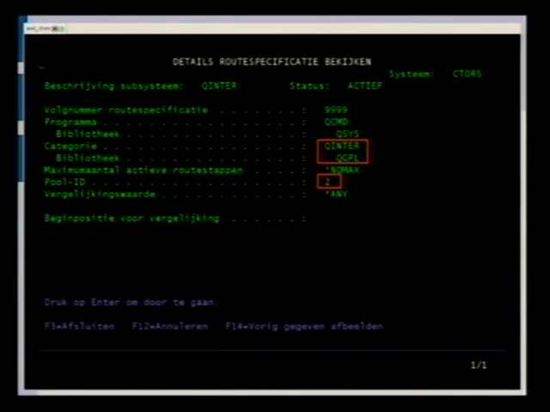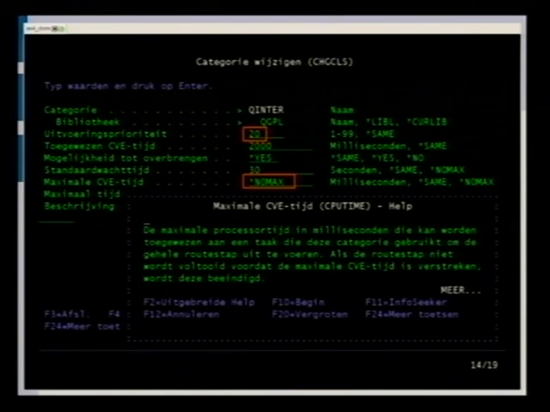And this routing entry will make sure that the jobs that match it will run in pool ID 2 and will use the class QINTER. And these are the details of the class. So you can see that the job will run under a priority of 20, and, for example, there will be no maximum CPU time defined.